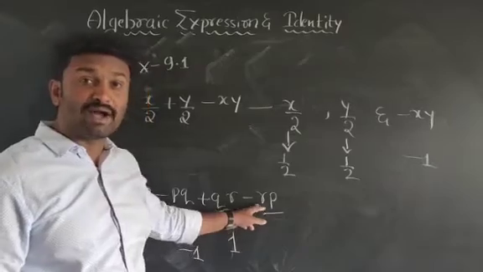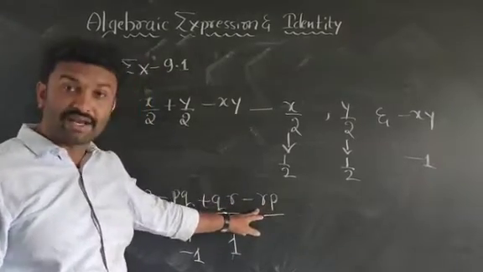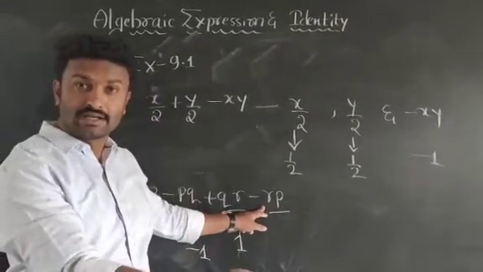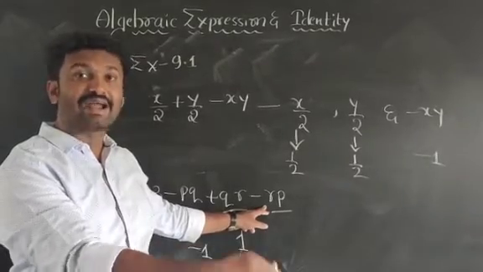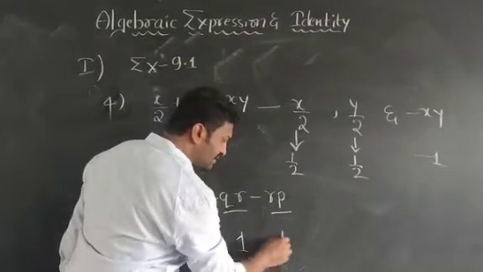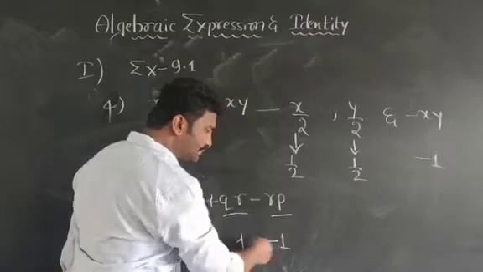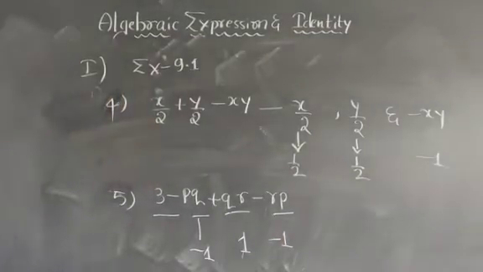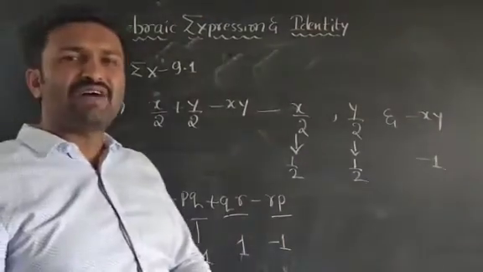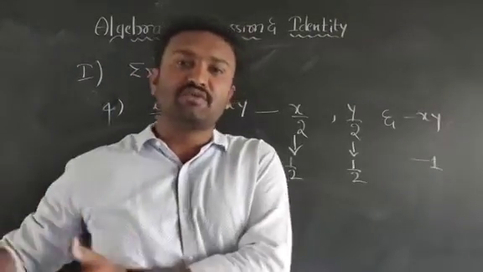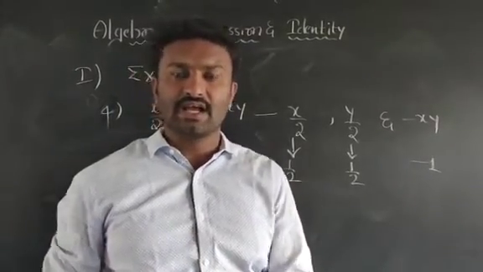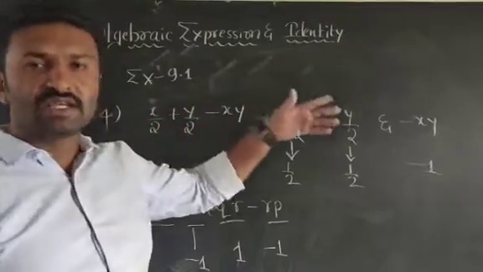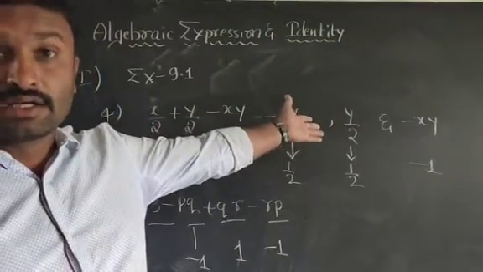And the coefficient of this minus RP, here 1 RP, right? Minus into 1 is minus RP. The coefficient of this minus RP is minus 1. You just have to take out the numerical factor of the term. How much is there before the variable? Okay? This is how to find out coefficients and how to identify terms.